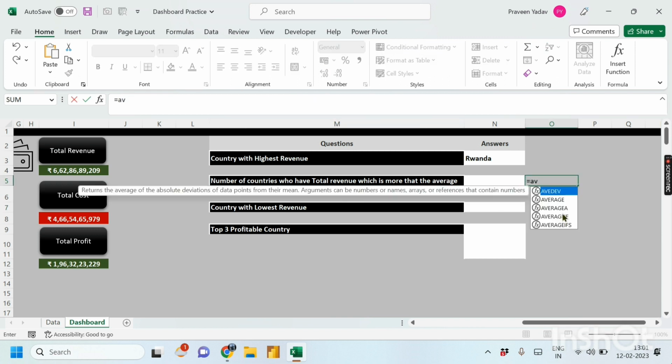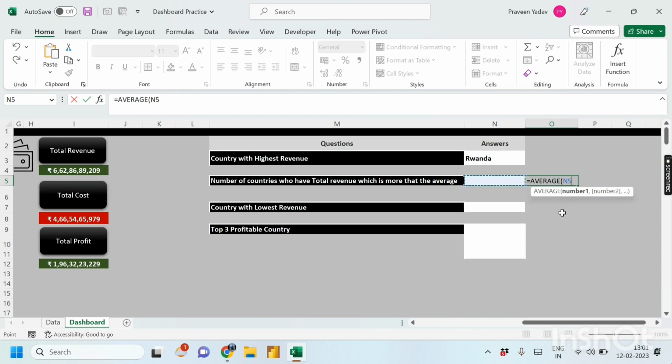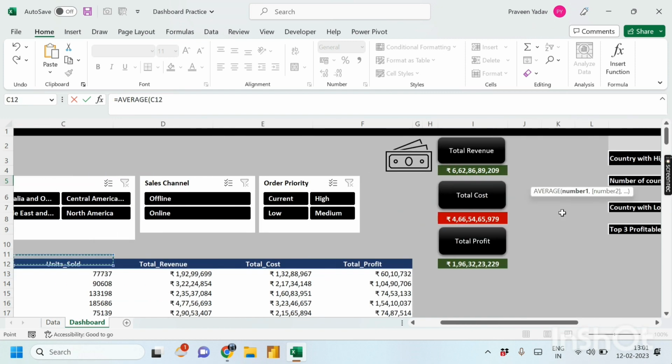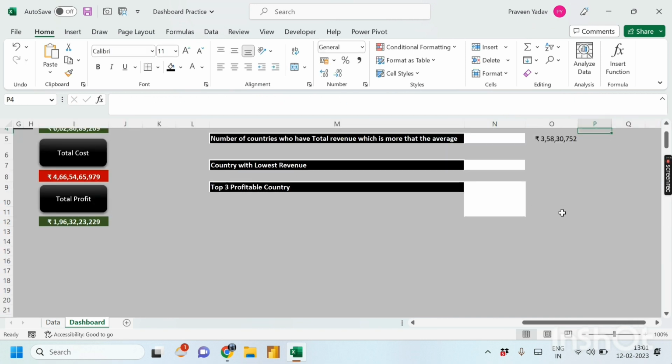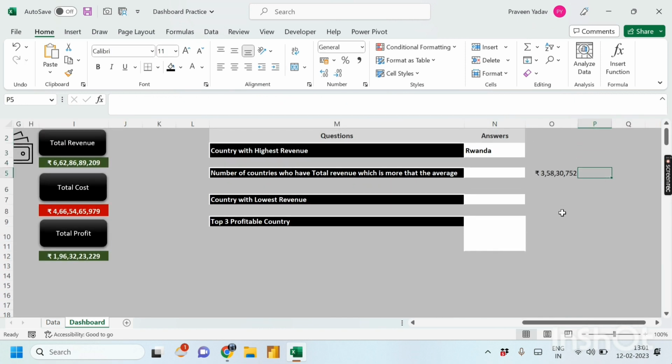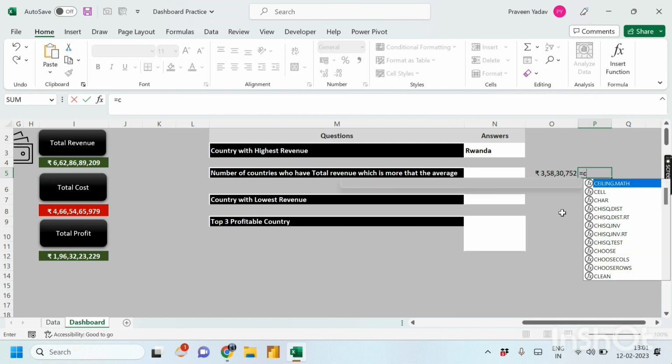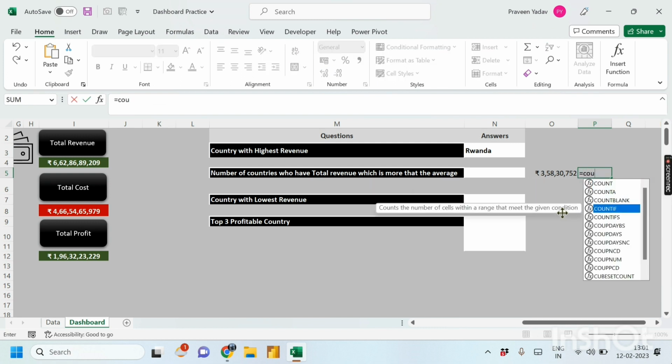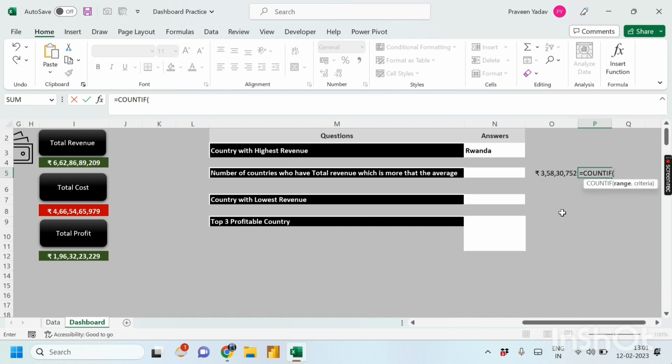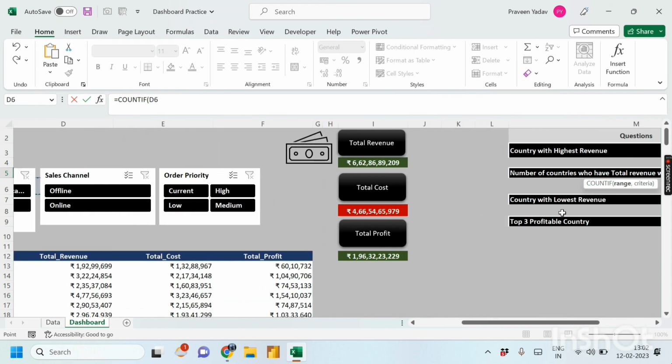So we'll start again by taking two formulas separately. For average revenue we'll take this revenue volume. Yeah, so this is our average revenue, and let's see. Here we have a condition, so we will use COUNTIF. Let's see what arguments are there in COUNTIF. Okay, so first we want a range. Our range is this revenue,